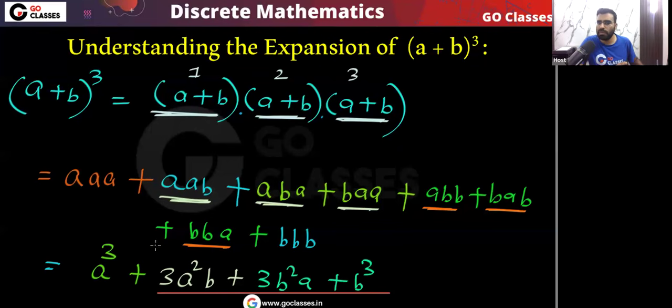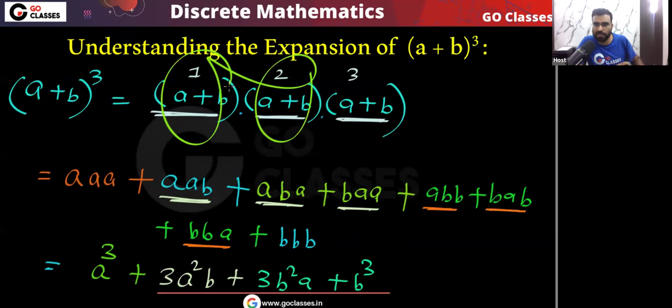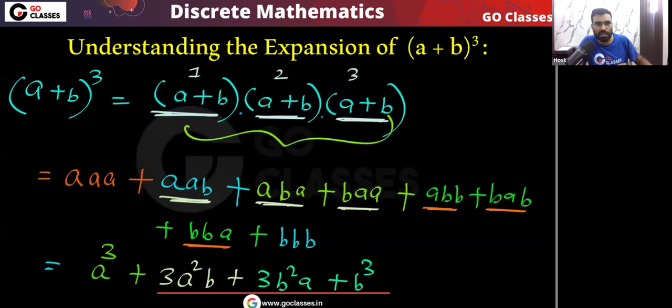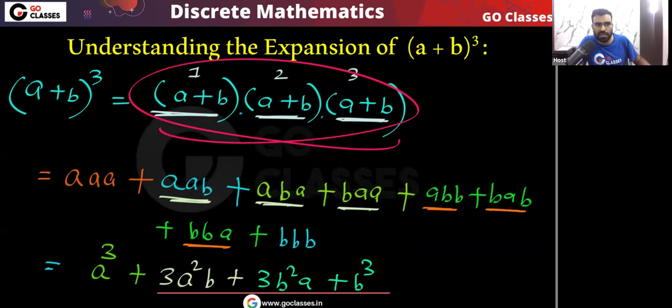I hope you understood. Now, one thing you can easily understand is that in this (a+b)^3, you multiply a+b, a+b, a+b, 3 times. Then you can notice that in every term that you create, there will be some b's, some a's. Yes or no? From some of these factors, a will come, and from the remaining, b will come.